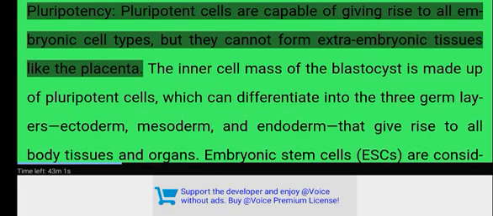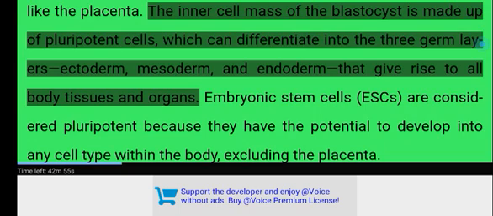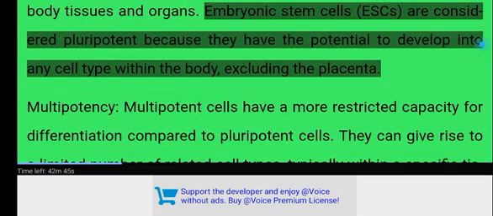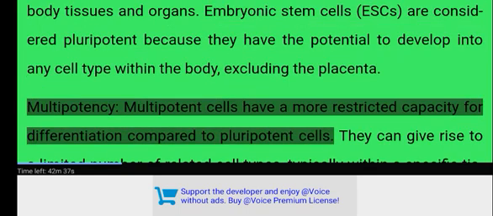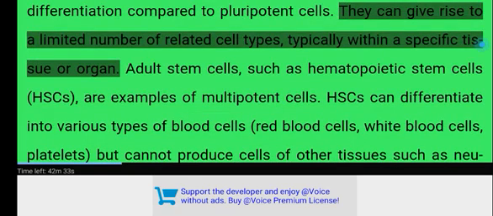Pluripotency. Pluripotent cells are capable of giving rise to all embryonic cell types, but they cannot form extraembryonic tissues like the placenta. The inner cell mass of the blastocyst is made up of pluripotent cells, which can differentiate into the three germ layers, ectoderm, mesoderm, and endoderm, that give rise to all body tissues and organs. Embryonic stem cells, ESCs, are considered pluripotent because they have the potential to develop into any cell type within the body, excluding the placenta. Multipotency. Multipotent cells have a more restricted capacity for differentiation compared to pluripotent cells. They can give rise to a limited number of related cell types, typically within a specific